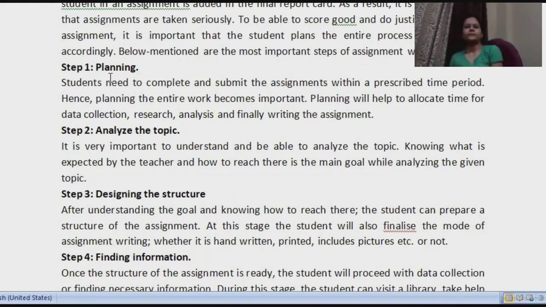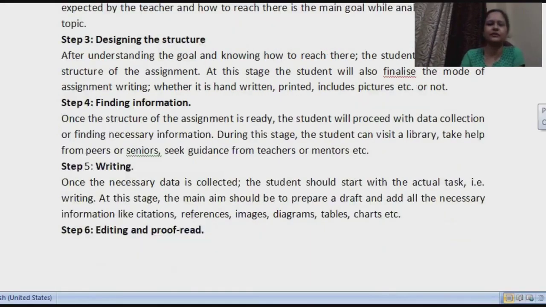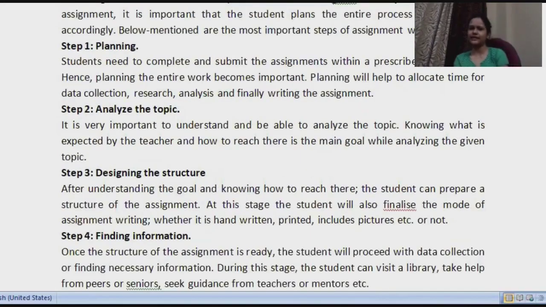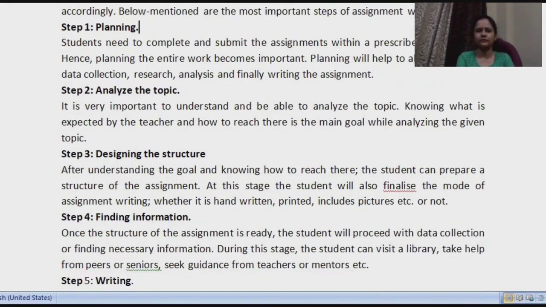Madam, here you have given me another one. Write an explanatory note on assignment writing. I think there were two questions. Yes, there was one question on an explanatory note on assignment writing. Because in this question they are not asking whether you need to write about steps or about benefits of assignment writing, you can write whatever you want. When they are specifically asking what the steps involved are, there you need to write the steps. Okay, just explain to me, ma'am. Yes, I'll just write it down.